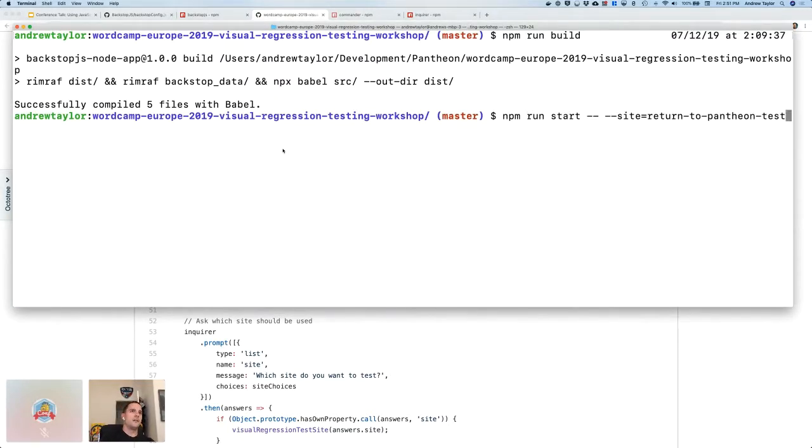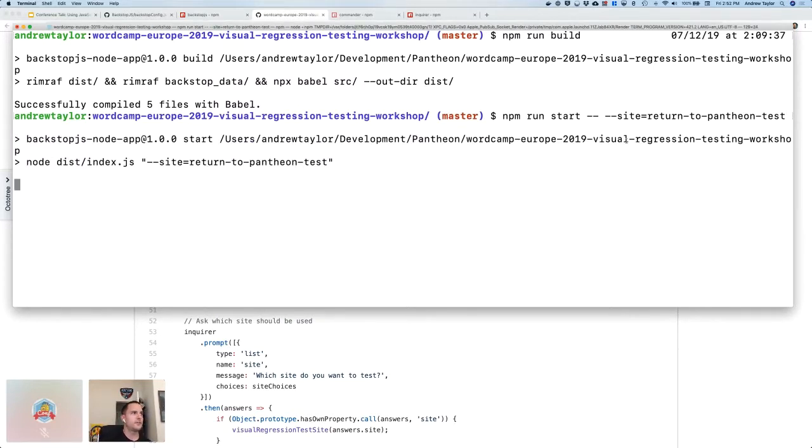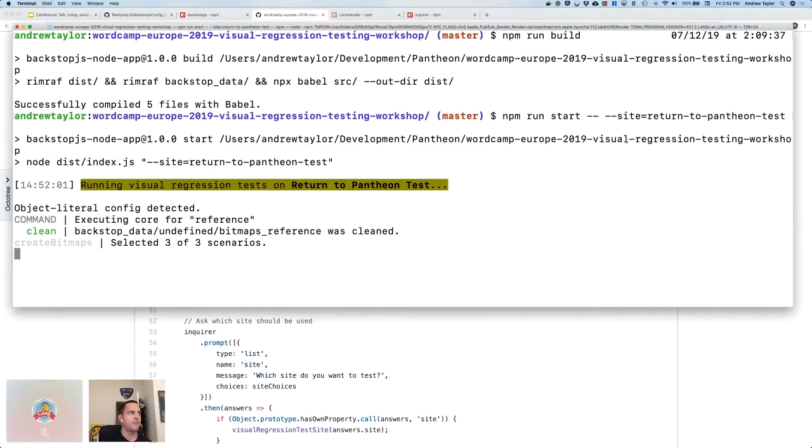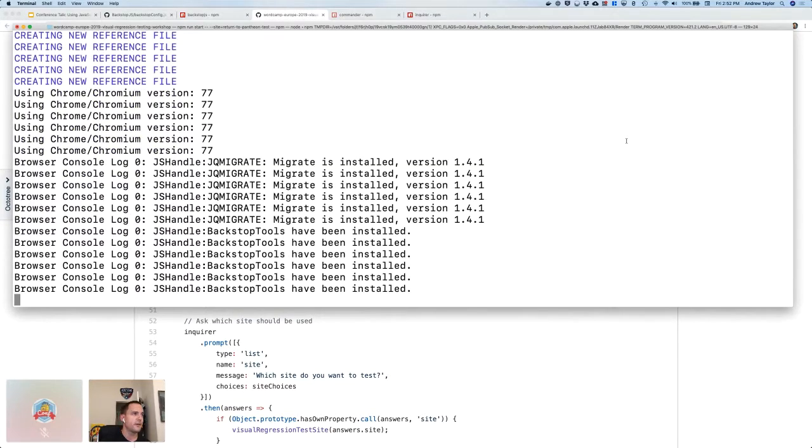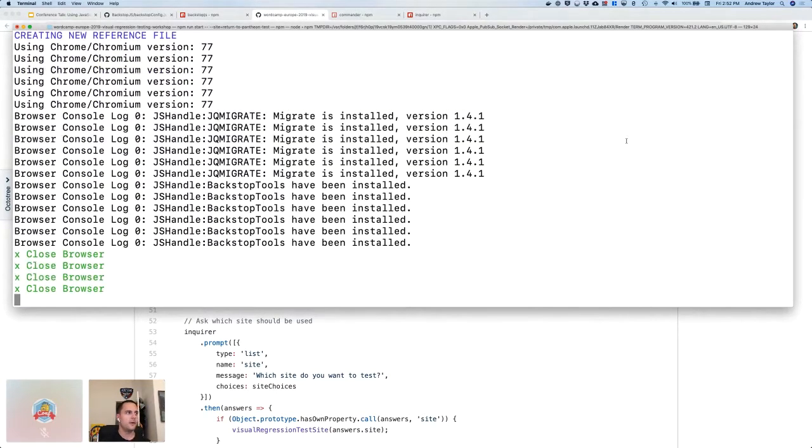So if I just do npm run start, it's going to parse the entire list, and I will get prompted to select a site, but I can also specify a site by taking a command here. So I can come in and do that, and it's going to run the test on that specific site that's listed, which is really nice because